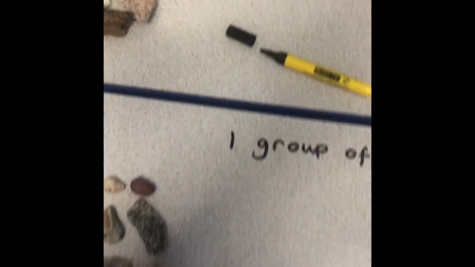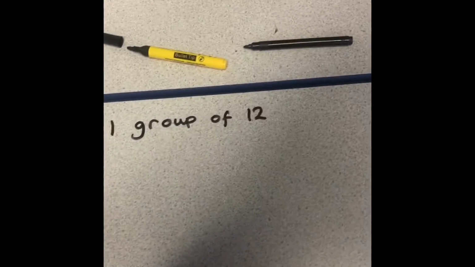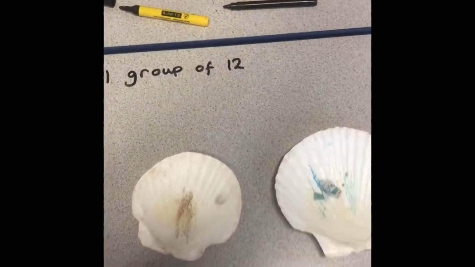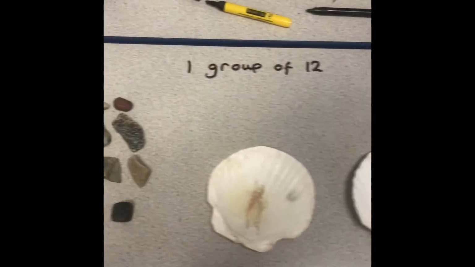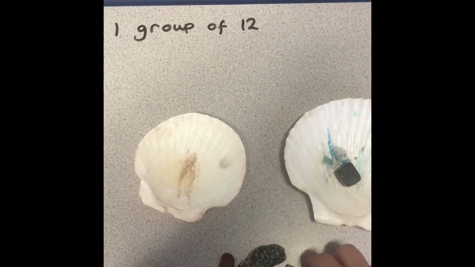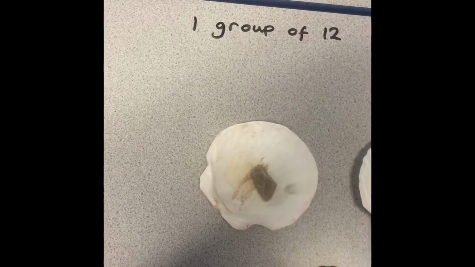Now, I could just do two piles, but to make it really clear, I found these big shells, and you might use bowls or something at home, and these are going to be my two groups. So I'm going to take my 12 pebbles, and I'm going to share them equally. One for you, one for you. And I'm going to keep doing this